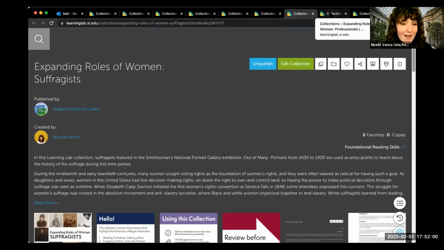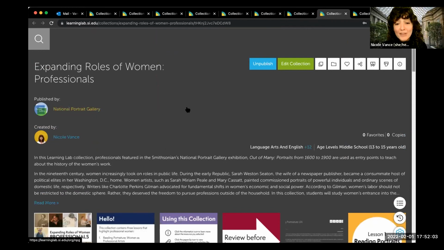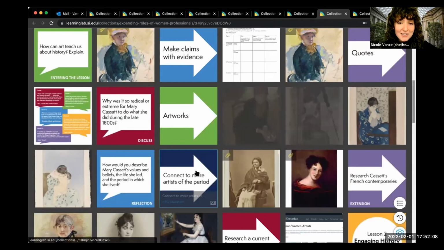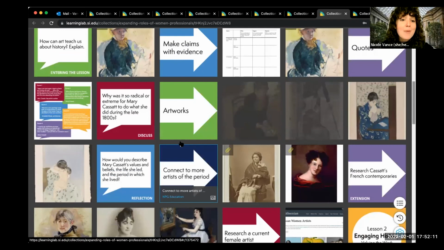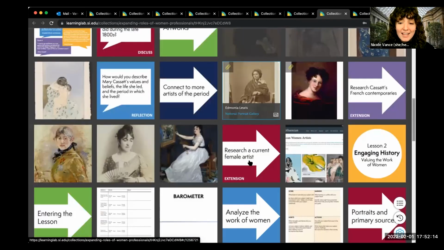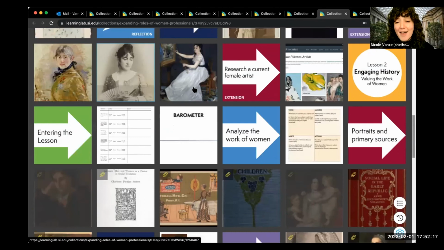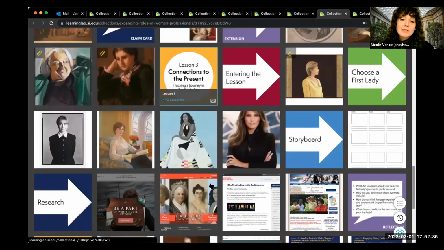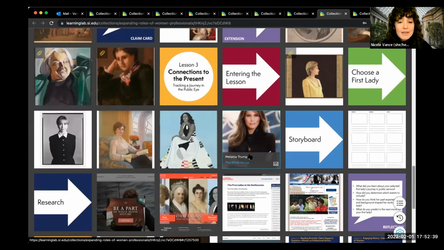Just to give you a teaser of expanding roles of women professionals. This one looks at working women. The first lesson centers on women artists, Mary Cassatt and Amelia Lewis, with opportunities to connect to contemporary artists of the period or current artists of today. And thinking about what counts as work, and connecting to the present, thinking about the work of a first lady,